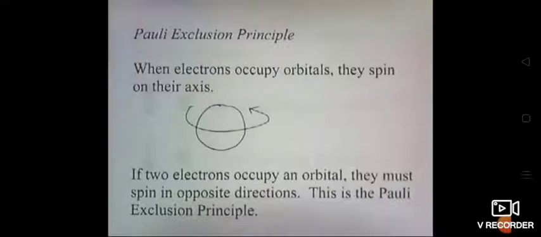According to this, when these electrons are filling, another principle states that one electron will have one set of quantum numbers, correct? That means it will have the principal quantum number, azimuthal quantum number, magnetic quantum number, and spin quantum number. So if n is equal to 1, what is l? l is n minus 1, that means 1 minus 1, that is equal to 0. What is m? 0.